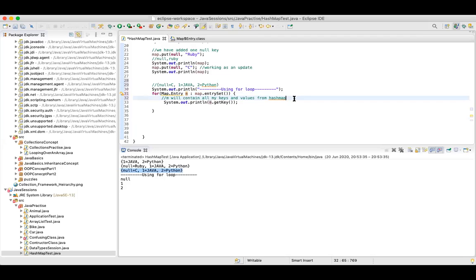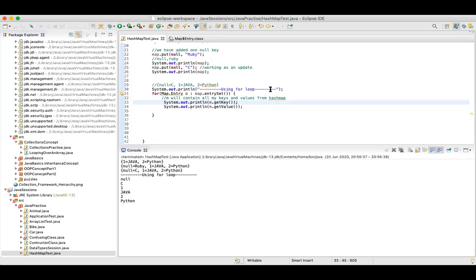So till here we are clear, right? We have m, and m has all the values. It has the keys, it has the values for all the pairs. Now if you want to get just keys, you can use m.getKey. And let's just assume if you want to get value, there is a method called getValue. Okay, guys, now when I try to print this, see, it printed you first getKey.